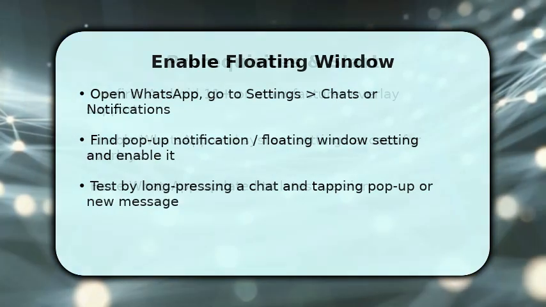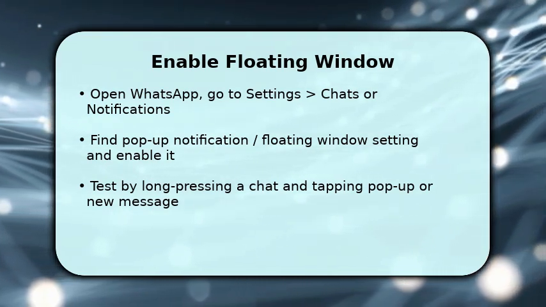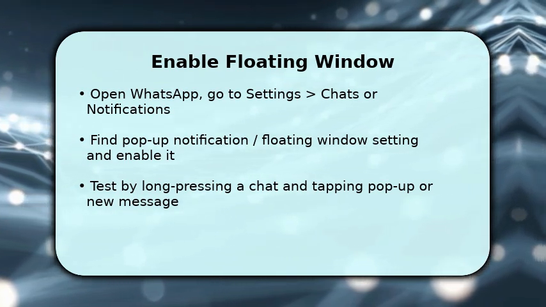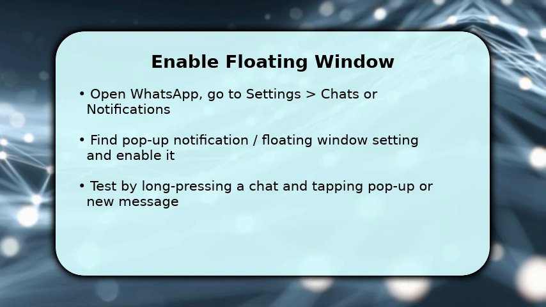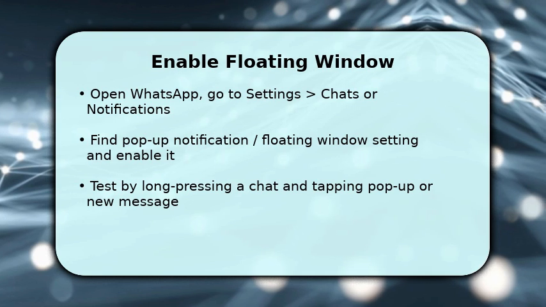Now you'll enable the floating window inside WhatsApp. Open the app, go to Settings, then Chats or Notifications depending on your build. Look for pop-up notifications, chat head, or floating window and toggle it on. Once switched, return to a chat and either receive a new message or long press a conversation and choose pop-up